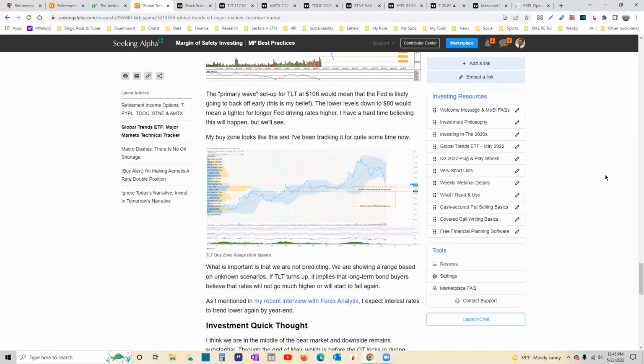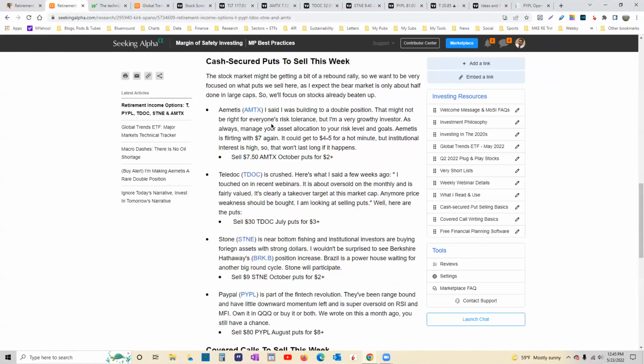So I'm going through this because I want you to understand why I give you these ideas. And again, a lot of you are new. So when I say buy a Metis, or that I'm making it a rare double position, you need to understand something. I almost never make anything more than a 3% position. Almost never. I did it most recently with AT&T because I think that the Warner Brothers Discovery merger is going